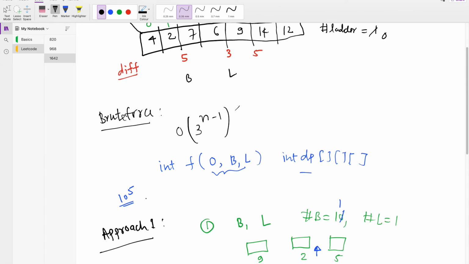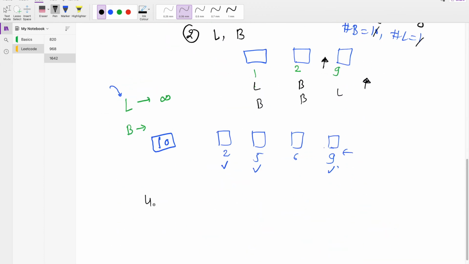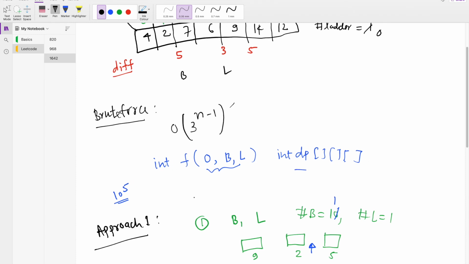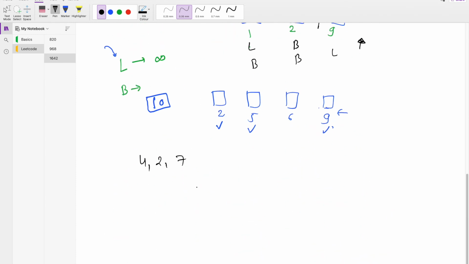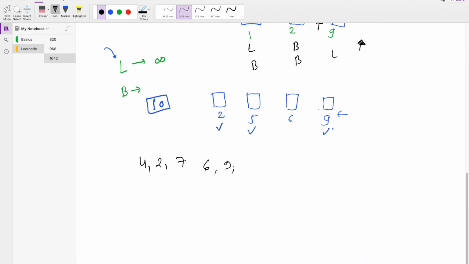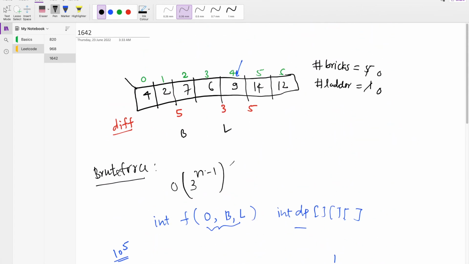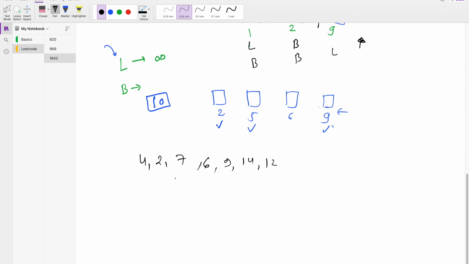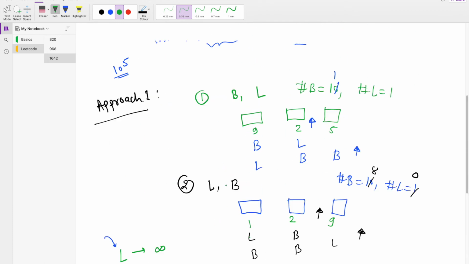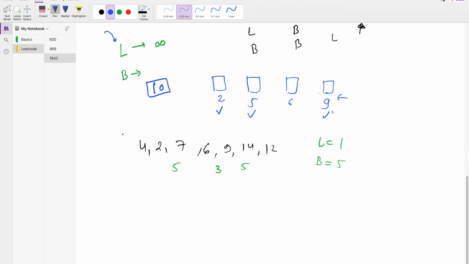Let's take the same example: 4, 2, 7, 6, 9, 14, and 12. And the gaps are 5, 3, and 4. Okay, so the algorithm here is,